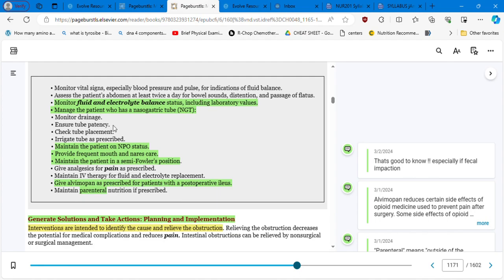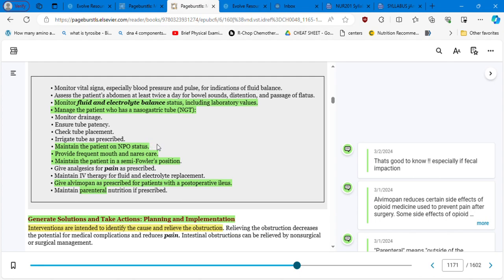You never do the aspiration on the nasogastric tube when you are assessing bowel sounds. You need to stop the aspiration of the contents, okay? Please, some common sense. Ensure tube patency, check tube placement, irrigate tube as prescribed, maintain the patient on NPO status as per doctor's order,